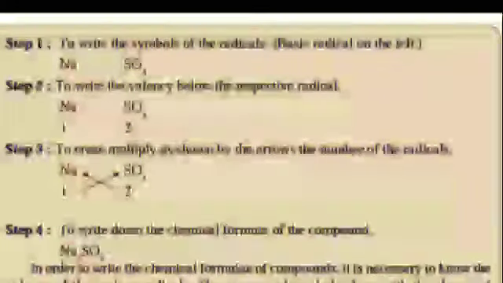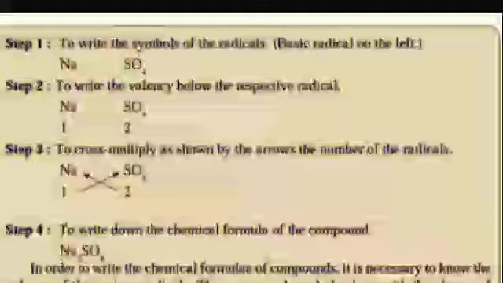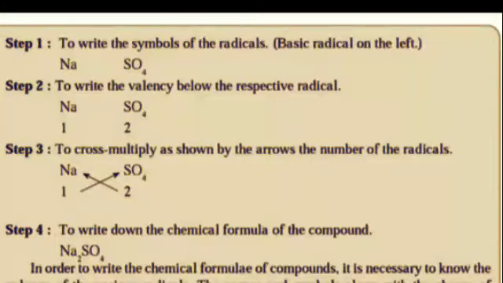The next topic is chemical formulae of compounds and recapitulation. The characteristic of a compound formed by an ionic bond is that its molecule has two parts, cations and anions, that is, a basic radical and an acidic radical. These two parts are oppositely charged. The force of attraction between them constitutes the ionic bond. The name of an ionic compound has two words. The first word is the name of the cation and the second is the name of the anion.